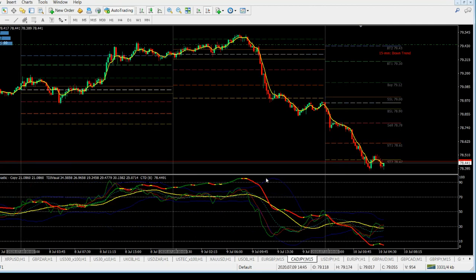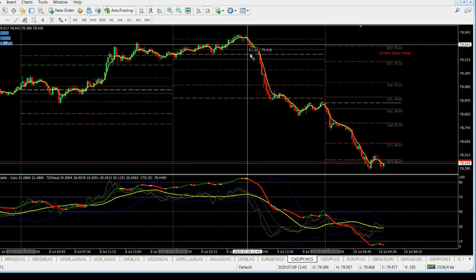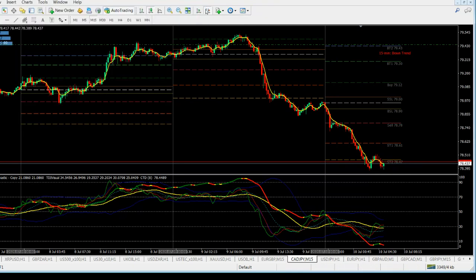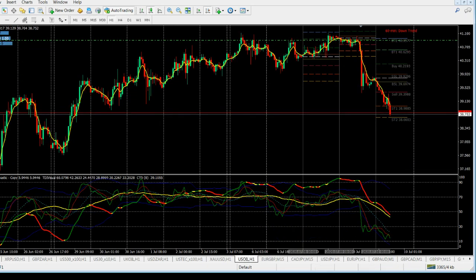I'm still in this CAD JPY. I'm about to close it now actually because it is in 100 pips already. As you know, I am strict with my 100 or 50 pips. Anything else is extra, so this is actually now chowing into my money. So I'll close this trade as we go by. But same concept: market baseline goes negative, we look for a good entry, as you can see today, which seems like it was a good entry again. We're already in there, so we've made good money there. That's 100 points.